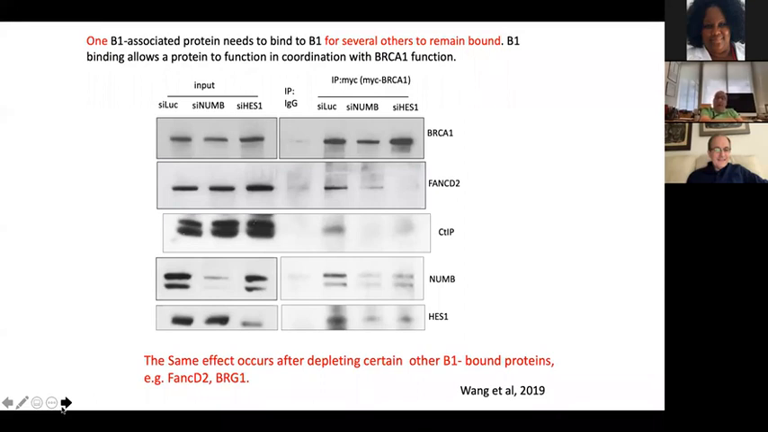Look at CTIP. Get rid of NUM, CTIP no longer co-IPs with BRCA1. Get rid of HES, CTIP doesn't co-precipitate with BRCA1. And if you get rid of FANCD2, NUM doesn't. And if you get rid of NUM, for example, HES doesn't. To make a long story short, if you deplete any of these BRCA1 binding proteins, and there are several others